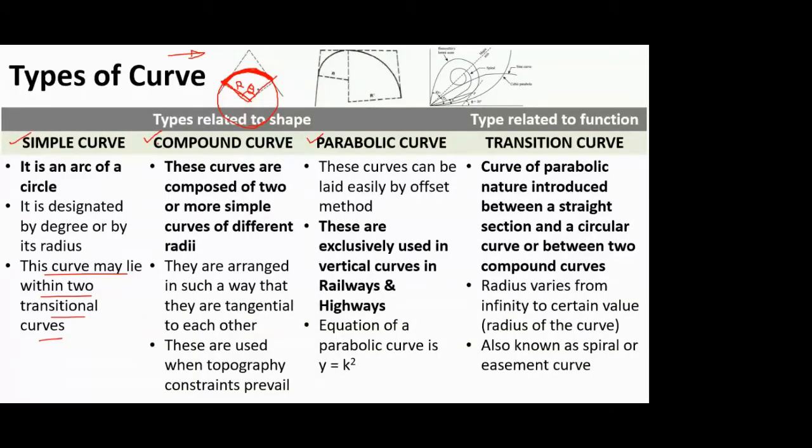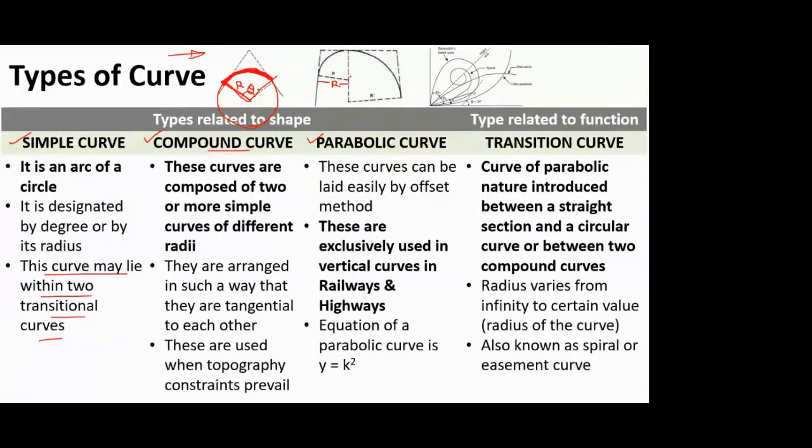Second type, you have a compound curve. Now, in a simple curve you have just one circle with some radius r, and a part of that circle is the simple curve. In the case of a compound curve, you might have two circles, with two different radii of course, and then some part of the first circle, as you can see here. If I say the smaller one, the smaller radius is r.